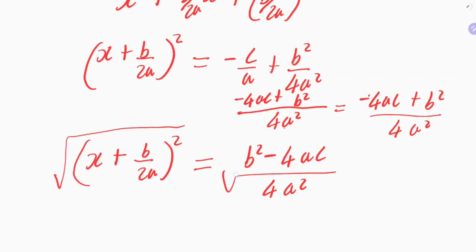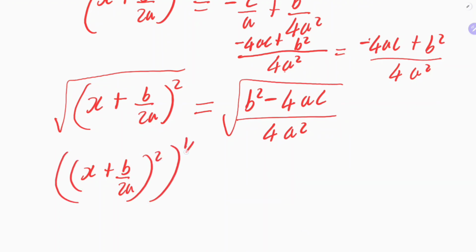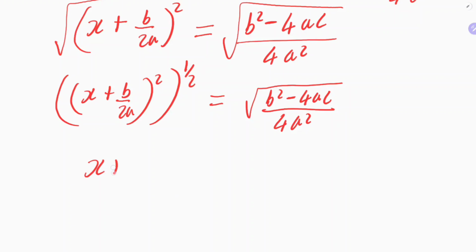This gives us x plus b on 2a, all squared, times the square root, which is 1 on 2, equal to the square root of b squared minus 4ac, all this divided by 4a squared, which gives us x plus b on 2a, because this cancels this, is equal to